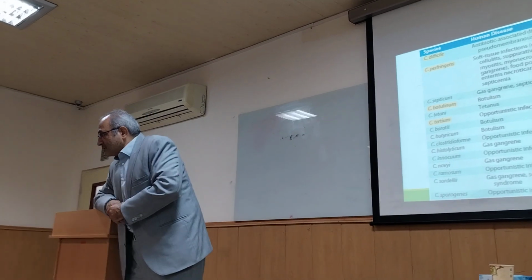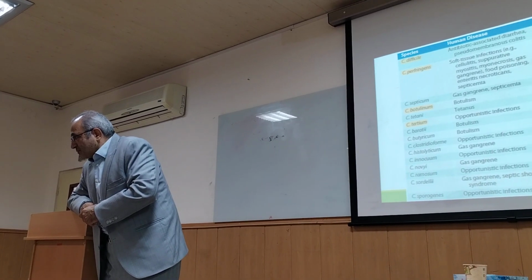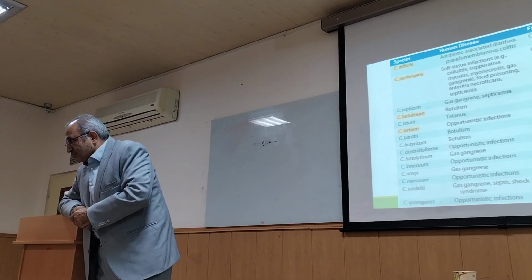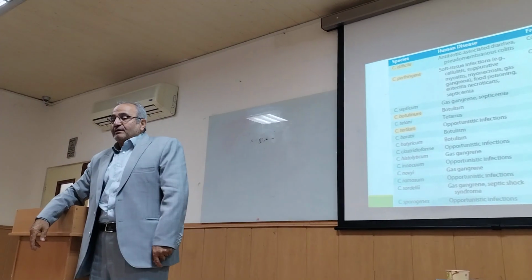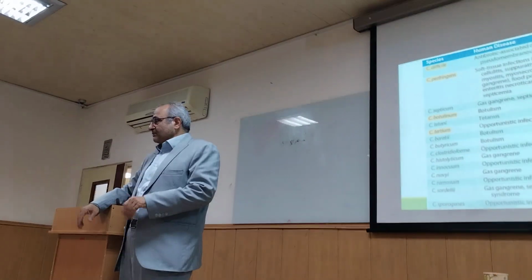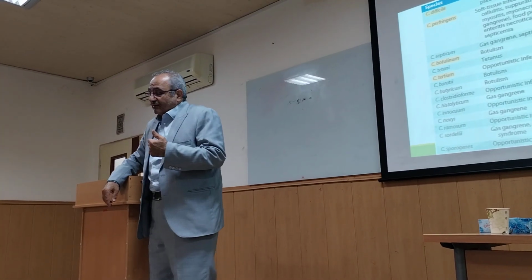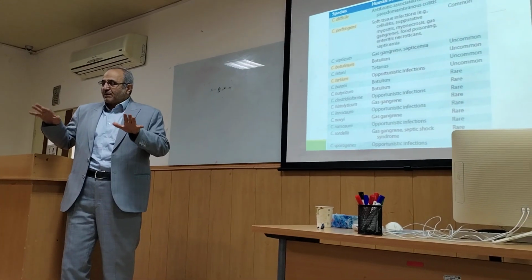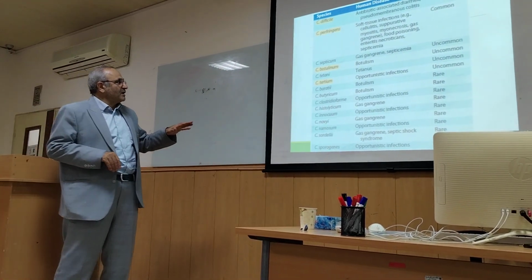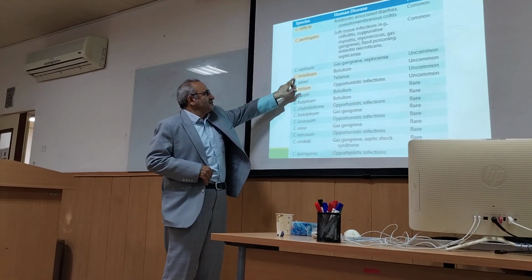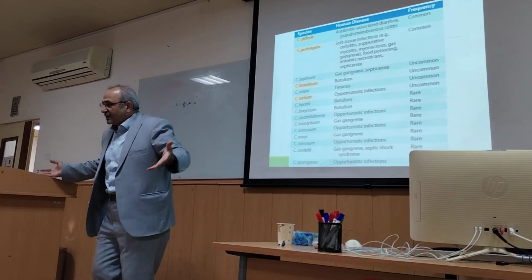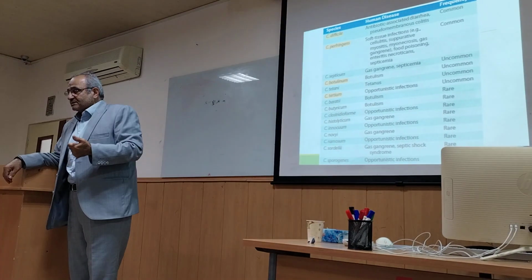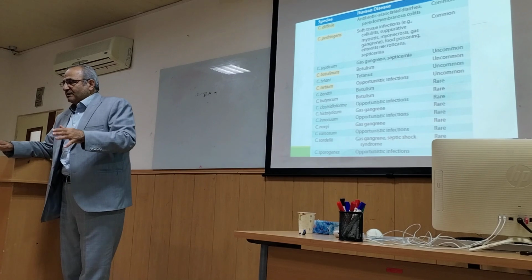I think botulism paralyzes the nerves, and the person stops breathing and asphyxiates, suffocates. We call it flaccid paralysis. The muscle contraction stops, inhibited by these toxins. On the other hand, we have a constant spasm in the muscles caused by Clostridium tetani. This is Clostridium botulinum and this is tetani. Both cause paralysis. The first one causes flaccid paralysis, the second one causes a spasm of muscles, constant contraction of